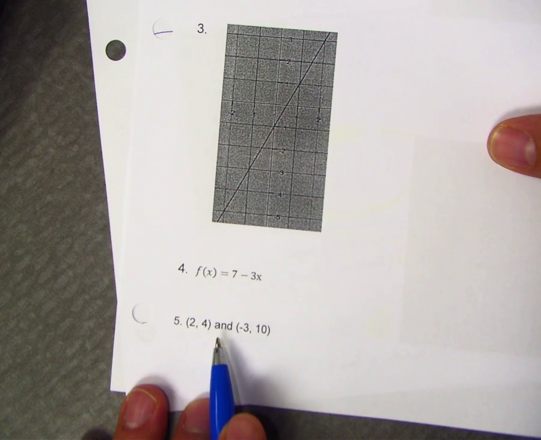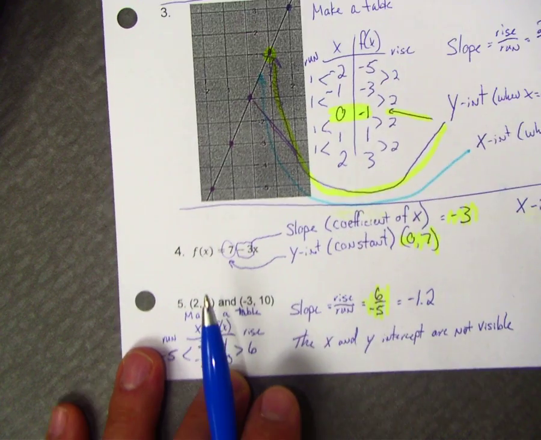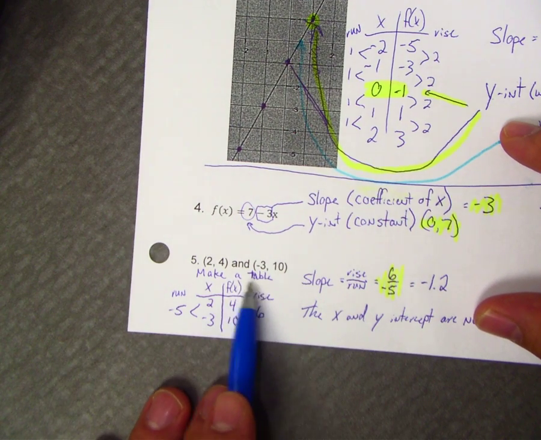Go ahead and do number 5 now. Number 5. I would like you to just tell me what the slope is from number 5. So looking at number 5, the one thing that I always like to do when I'm given two coordinates